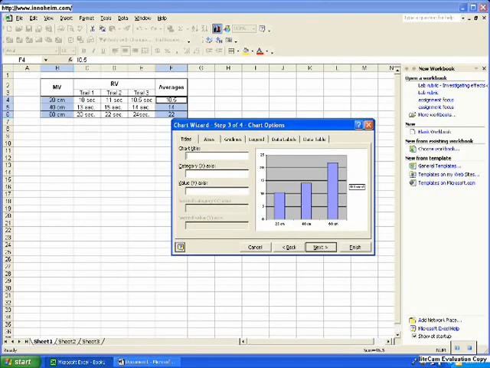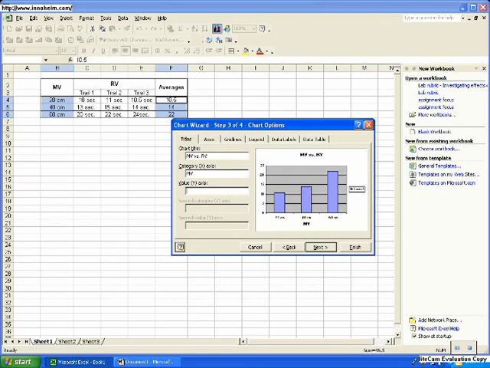So our chart title is going to be the manipulative variable versus the responding variable. Of course, you're going to write in whatever your manipulative and responding variable are. It automatically updates it. Then label your X category. That's going to be along the bottom, which is your manipulative variable. And you're going to label your Y-axis, which is your responding variable. Label both of those. And when you see that it's done correctly and things are spelled right, then you can